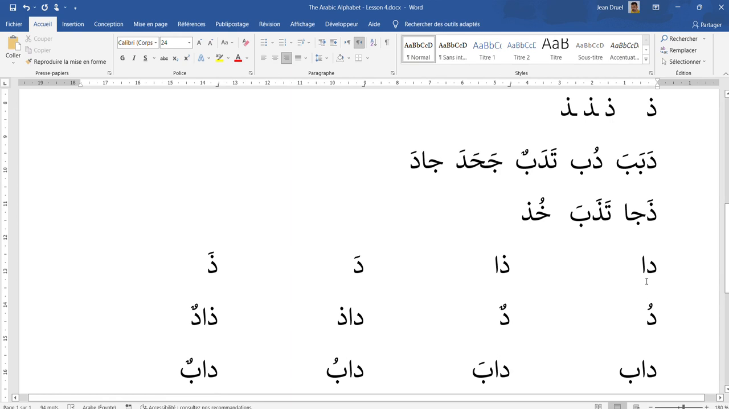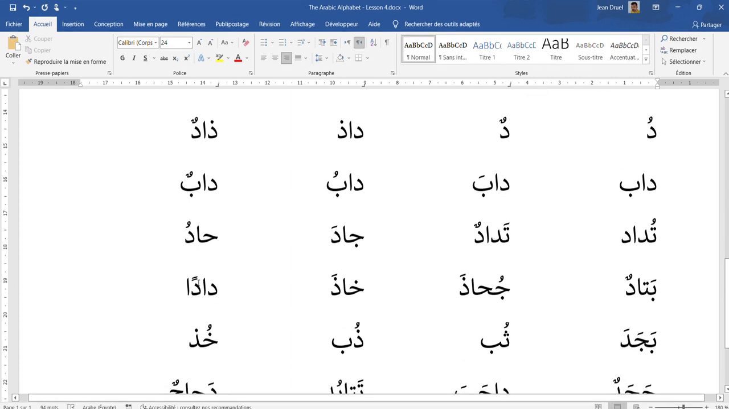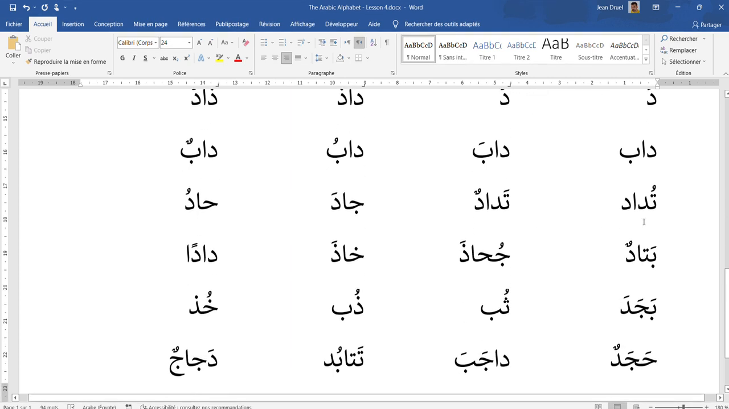Da, za, da, za, du, dun, daz, zadun, dab, daba, dabu, dabun, tudad, tadadun, jada,